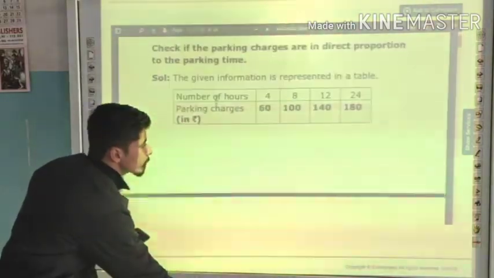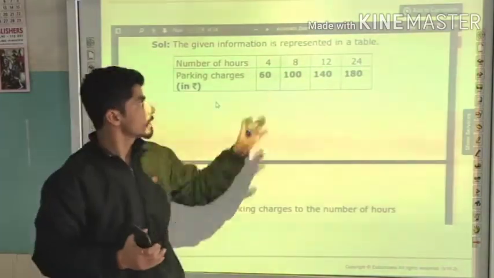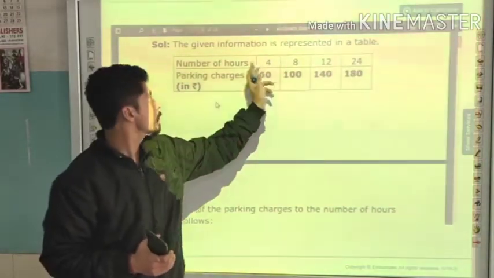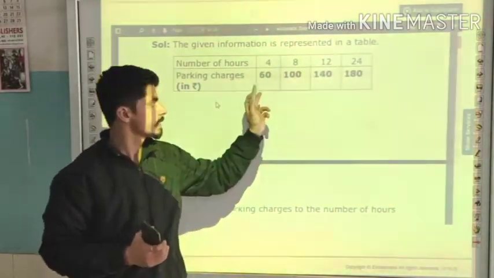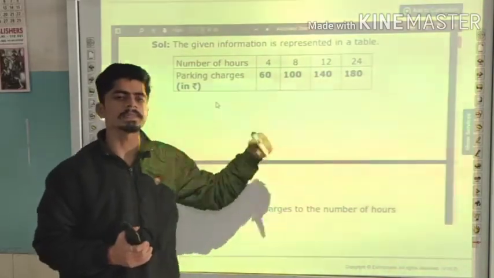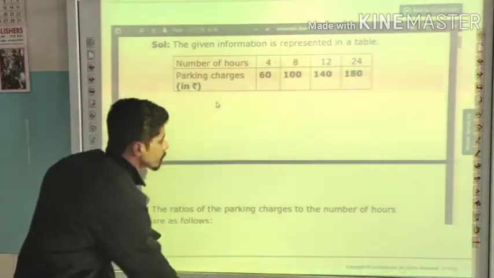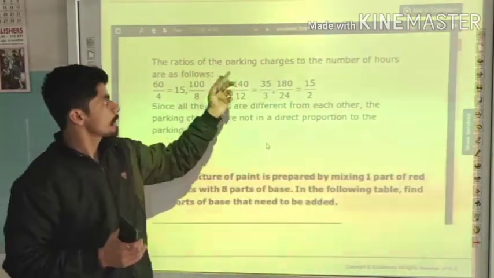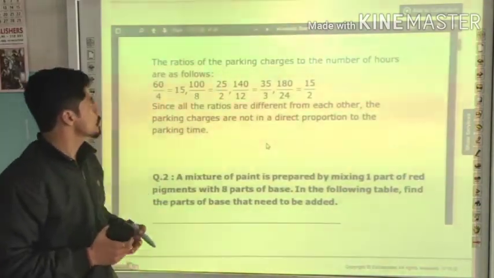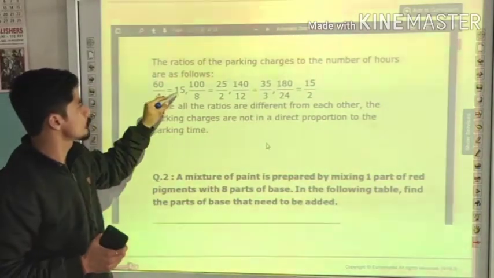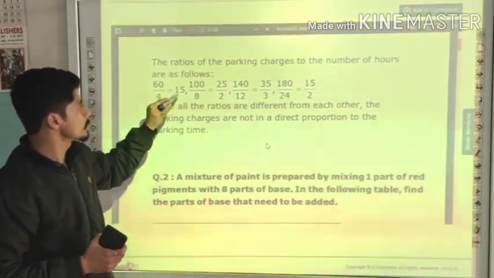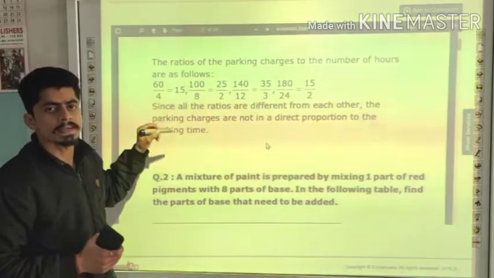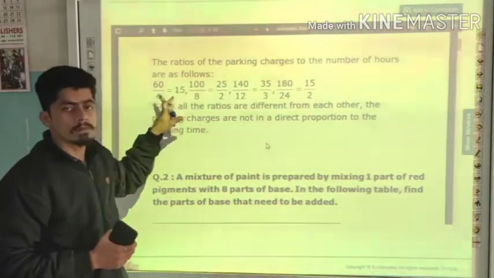Now, as we can see, if the number of hours is increasing, then the charges are also increasing. That means it is in direct proportion, simply. Now let's look at the ratio of the parking charges to the number of hours. 60 upon 4 is equal to 15. That means this is the rate taken by the parking slot for 1 hour,